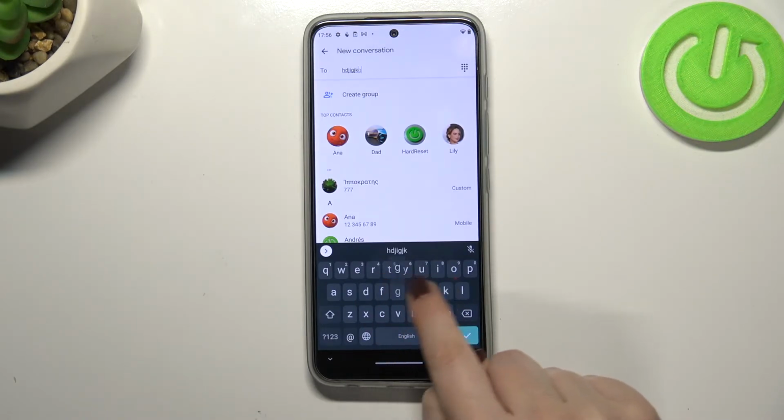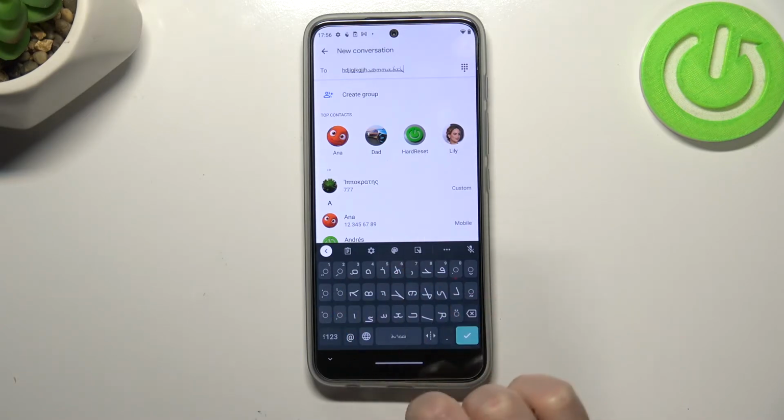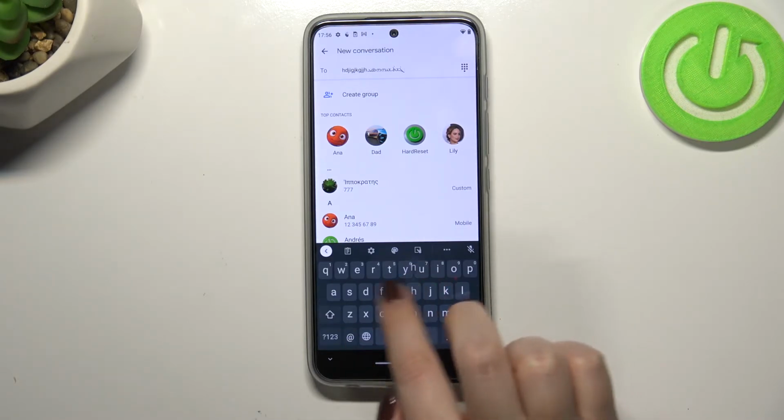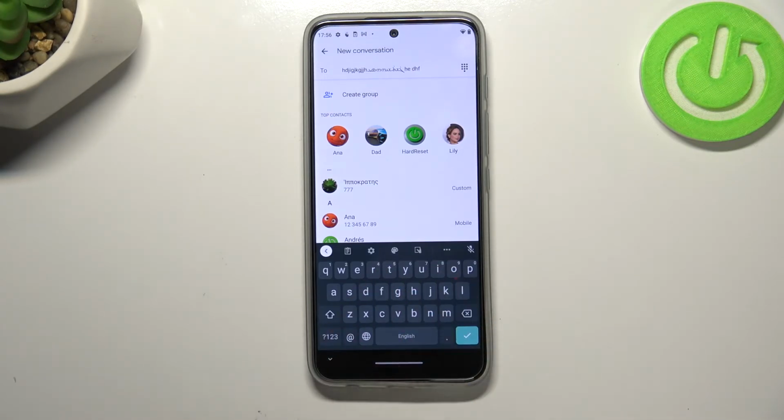So right now I'm typing English, but after tapping on the globe icon I can easily switch to the Assyrian one. Let me tap on it again, and again English. So actually this is it. This is how to add the language to a keyboard, and now let me show you how to remove it,